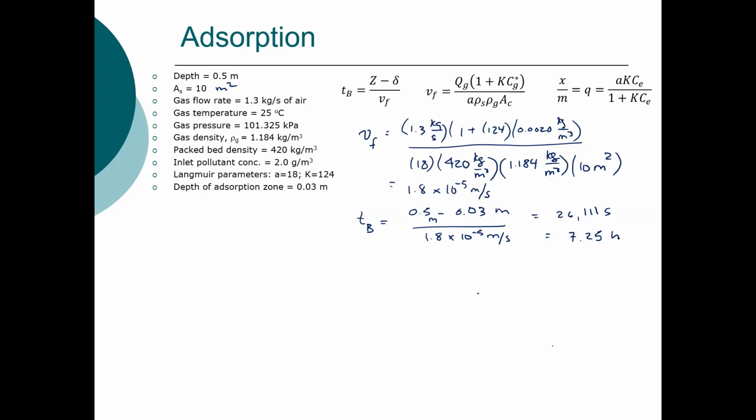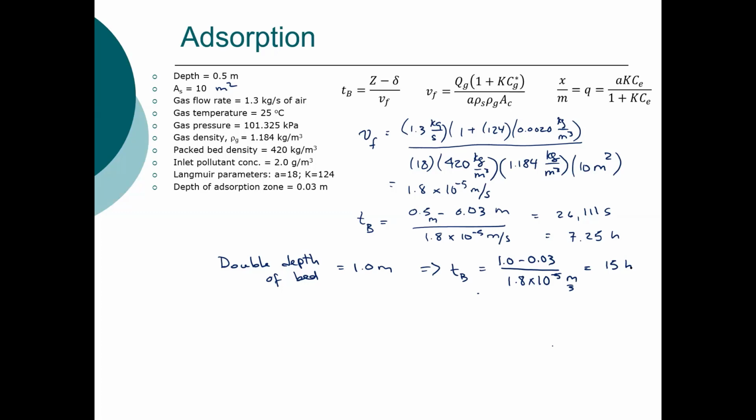Let's see what happens if we double the depth of the bed. So instead, we have 1.0 meters. So that changes our time to breakthrough. That's equal to 1.0 minus 0.03, and that's 15 hours. So we can almost double the time to breakthrough. So now it's less than twice a day that we would need to shut down that column